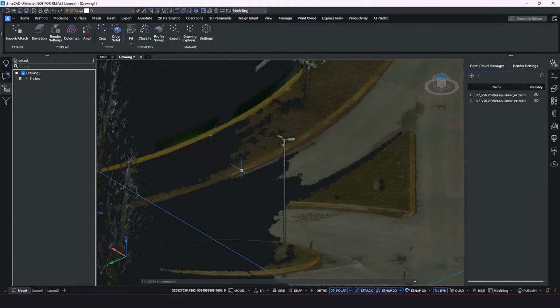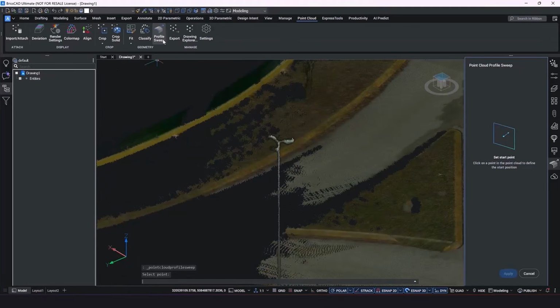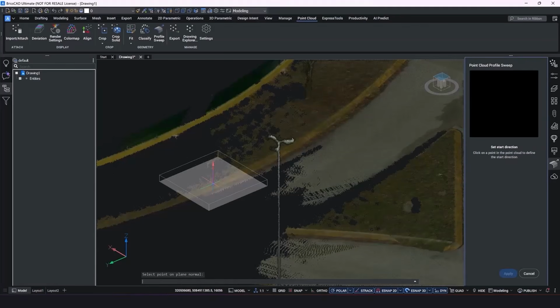So we're going to start somewhere over here, and we're just going to create a profile sweep across this curve. Hit the button called Profile Sweep on the point cloud ribbon, and it's going to ask you to set the start point. Now you'll notice that right away, even if you didn't put any 3D eSnaps on, it activates the point cloud nearest 3D snap. So what you can do is you can just click somewhere on your curve, and then here it says, what direction do you want to go? Now we want to go in this direction.